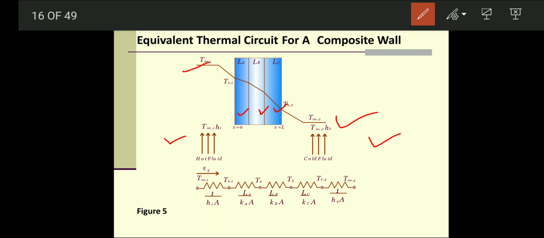So in a composite wall, the calculation of heat flow is made on these assumptions: first, the contact between the adjacent layers is perfect. Second, at the interface there is no fall of temperature. Third, at the interface the temperature is continuous and there is no discontinuity in temperature gradient.